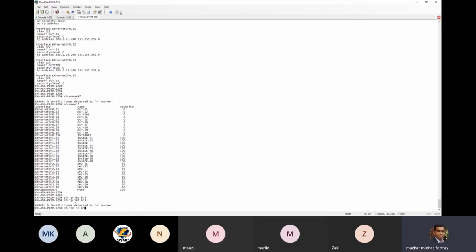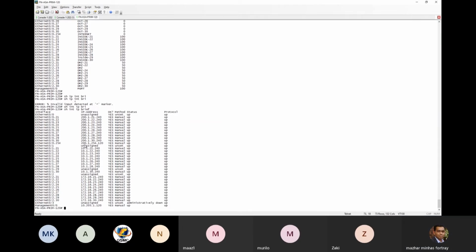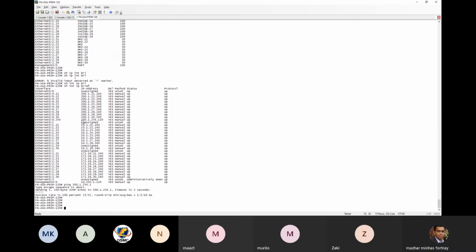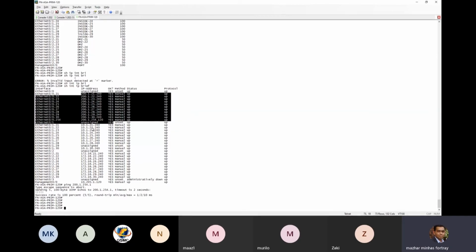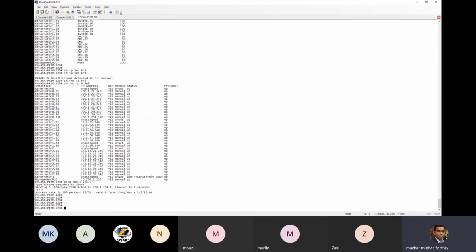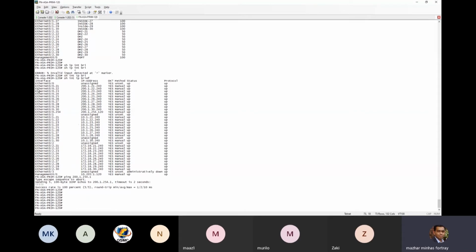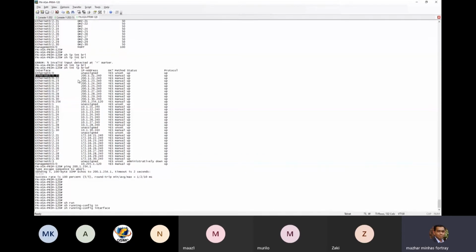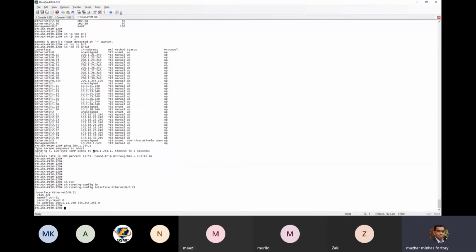Show interface IP brief. So I can ping all these directly connected interfaces. Before we do any routing or anything, you need to make sure your interface configuration is fine. So I have 3 interfaces. These are already pre-configured. Show run. Please check your own interface configuration.